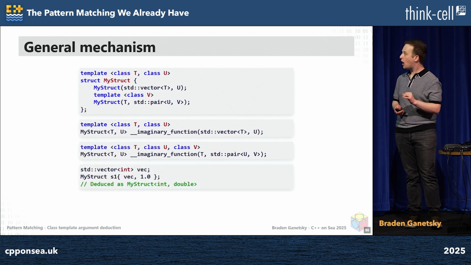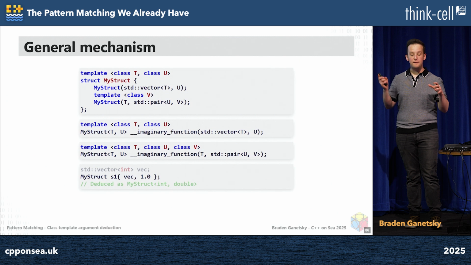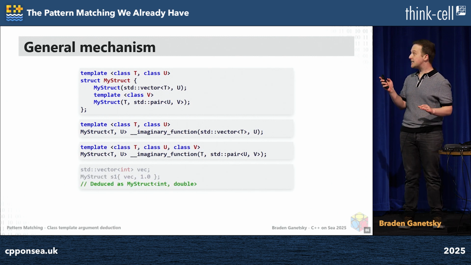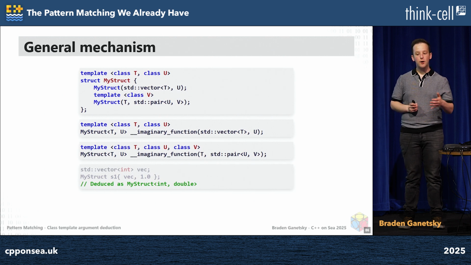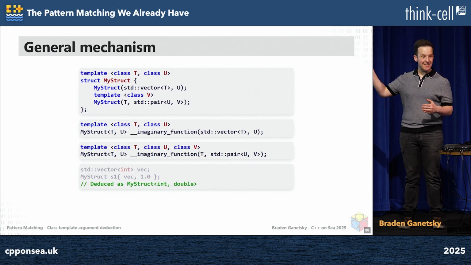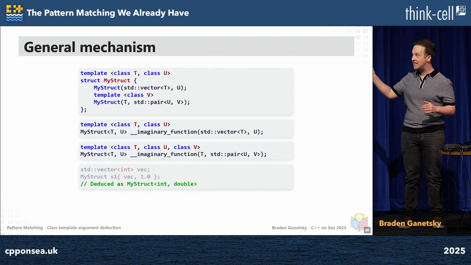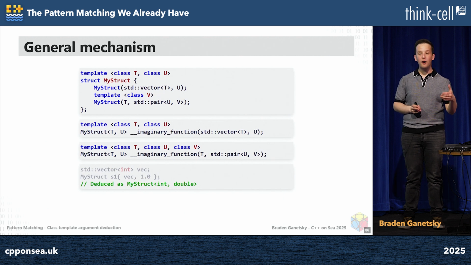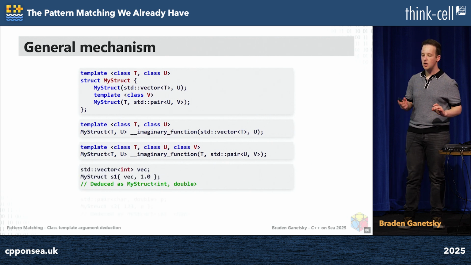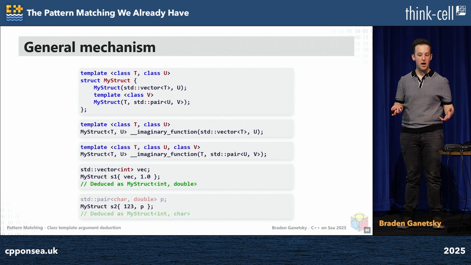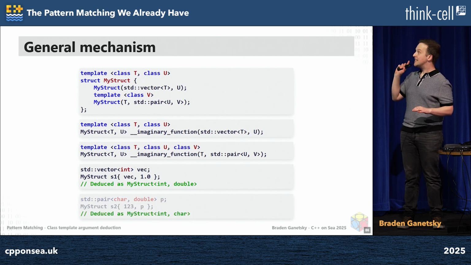And so now when I try calling MyStruct of vec, comma 1.0, remember, MyStruct, not a type, but it gets deduced as MyStruct of int, comma double. Why? Because it matches the first guide, and then we do template argument deduction. And because it succeeds there and it does not succeed in the second one, well, then we choose the return type of that function as the type that it is deduced. And then we have to make sure there's a correct constructor that's available, but that's later. Now, what happens if I try calling MyStruct of 123, comma, some std::pair? Now it'll actually find the second guide.